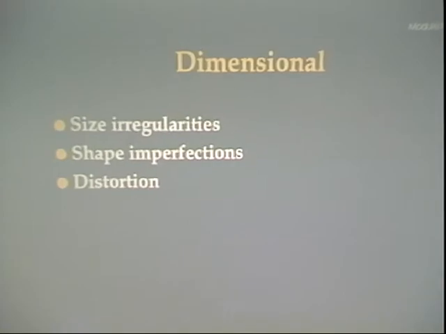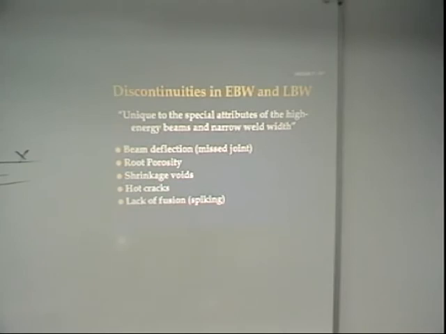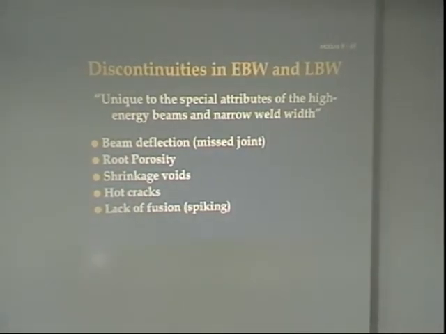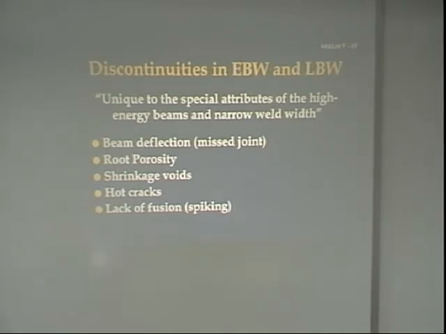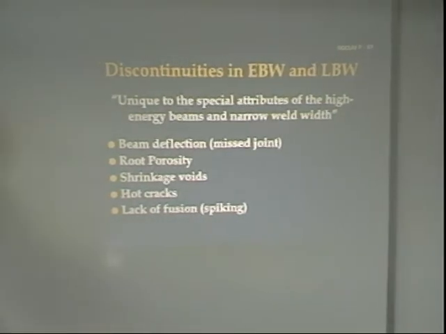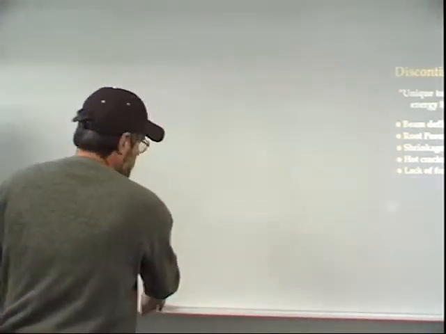Just read about that. And then we have discontinuities in laser and electron beam. I'm not going to worry too much about that. I don't believe you're going to have any questions at all concerning discontinuities in laser and electron beam. But beam deflection is one, porosity, shrinkage voids, hot cracks, lack of fusion is another one. It's not really going to be important to our purposes, so I'm not going to give you any questions on it. But it does bring to mind one thing that happened one time, where it talks about missed joint